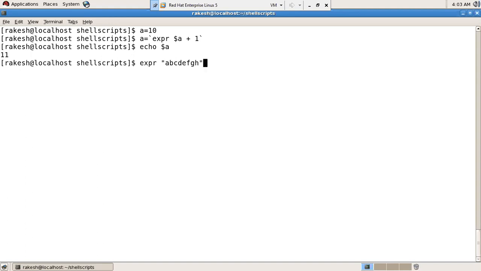The rule is you need to leave a space after the string and leave a space while specifying the regular expression dot star. That's it, it returns the length of the string. How many characters are here? 1, 2, 3, 4, 5, 6, 7. It's correct.